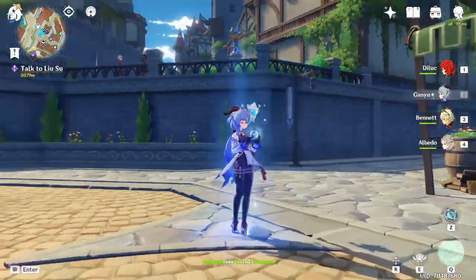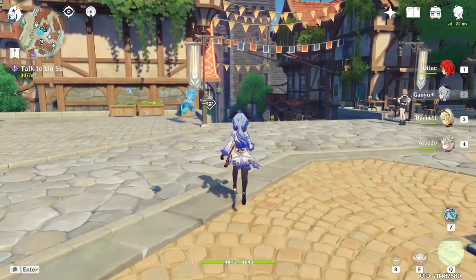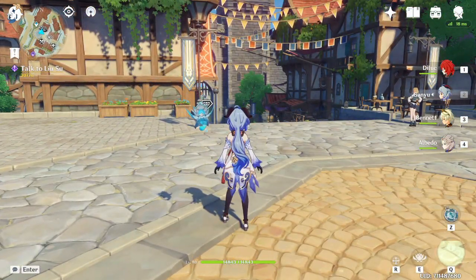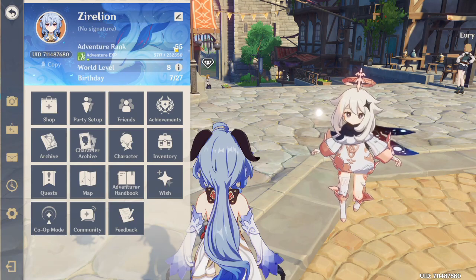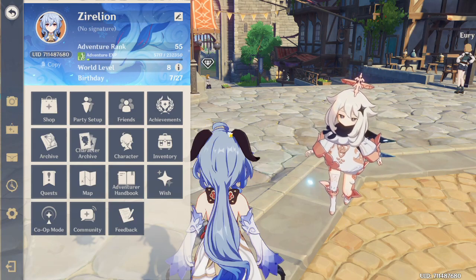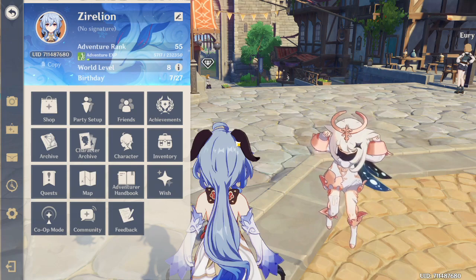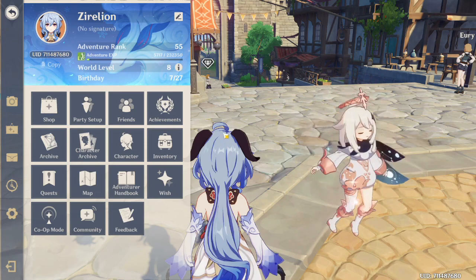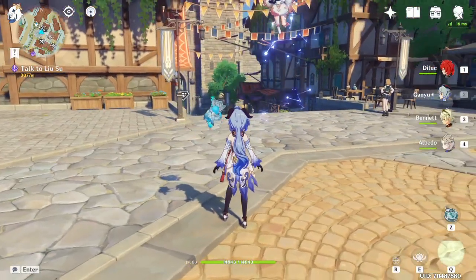Hello everyone. So this is just a short video where I want to really show you how one day of Genshin Impact really looks like once you're at Adventure Rank 55 or even higher for that matter. When there's no events going on and you've already done your weekly bosses and so on and so forth, then what's left is actually just this daily grind, which is maybe not the most entertaining thing